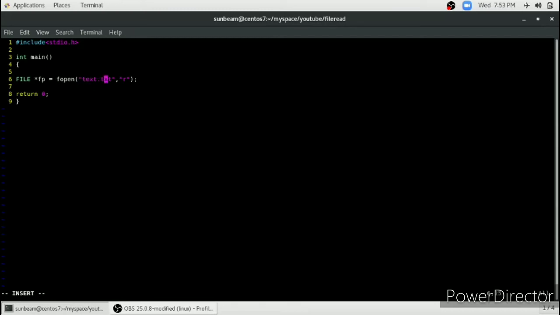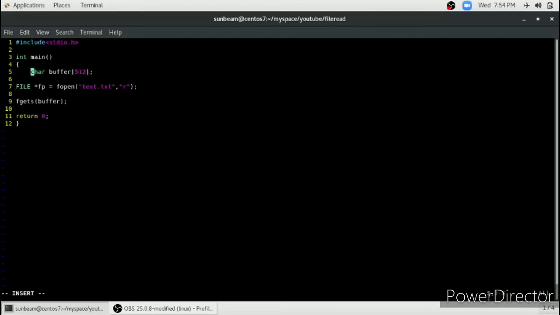After our file is opened, we have to read the contents of the file line by line. For that we will use the fgets function. The fgets function has three parameters. The first parameter is a buffer, which we have to provide explicitly. You can provide a buffer of any size, but bigger is better. So we will choose a size of 512. This is a buffer of 512 bytes.